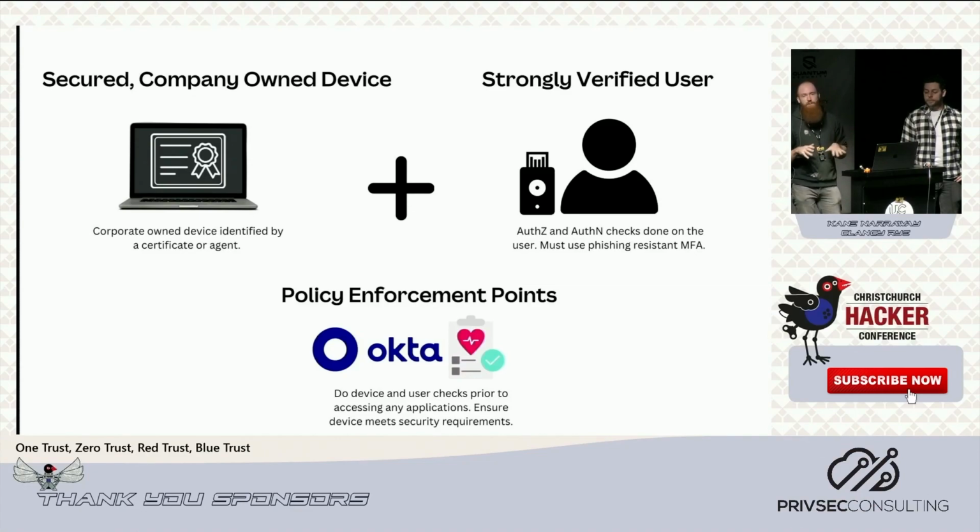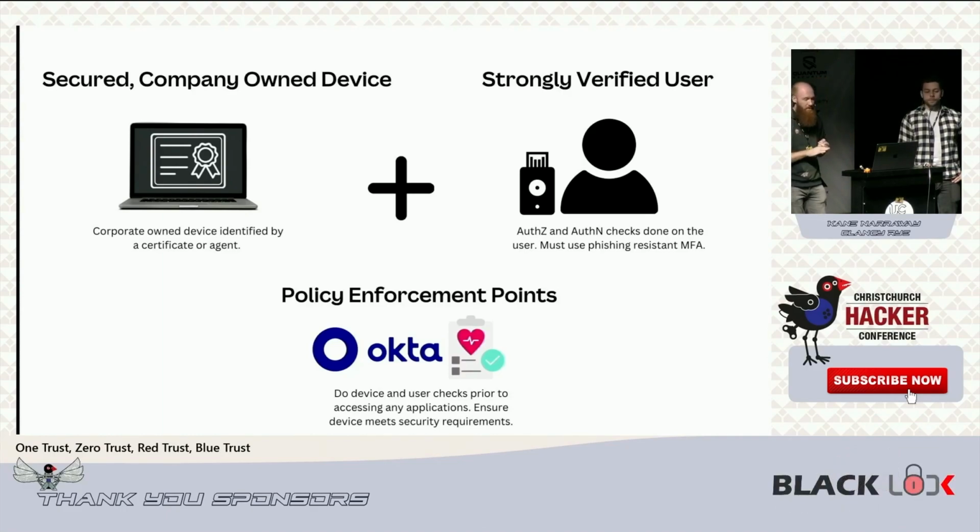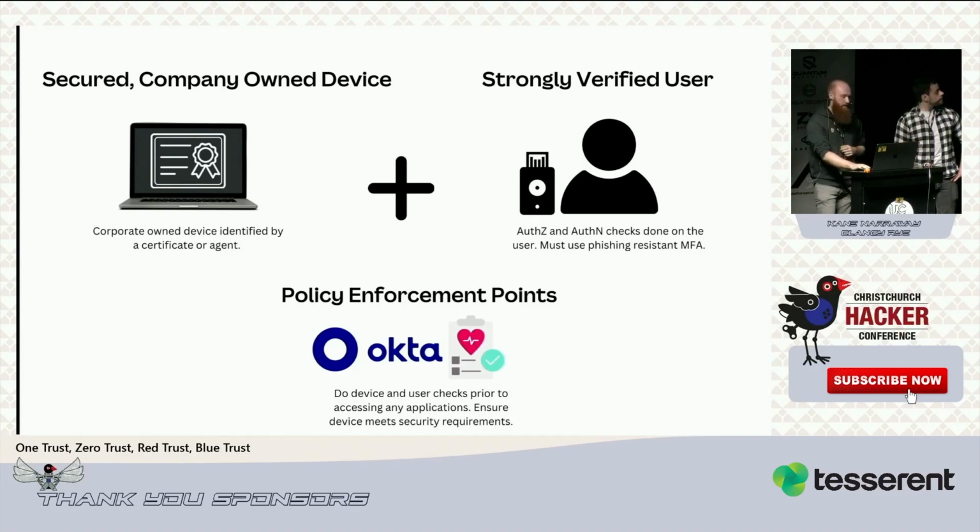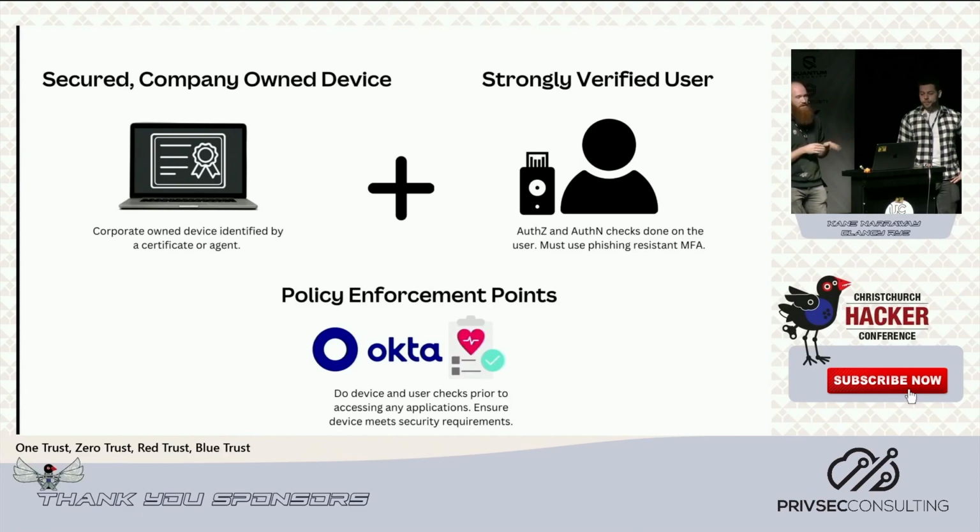And you need policy enforcement points. And what I mean by this is on your IDP, or maybe even your VPN if you've got it, or maybe even cloud infrastructure. You need somewhere where you are going to check the posture of the device that's connecting and the security of the user, like checking their two-factor status. And this is not just checking the certificate, but it also might be checking operating system version, Chrome or browser version, whatever you really want to be checking.